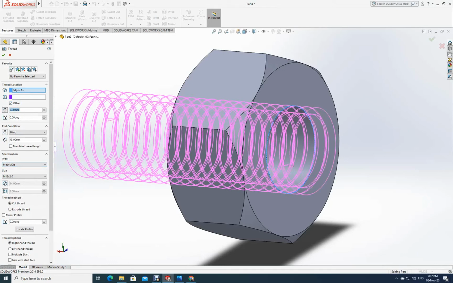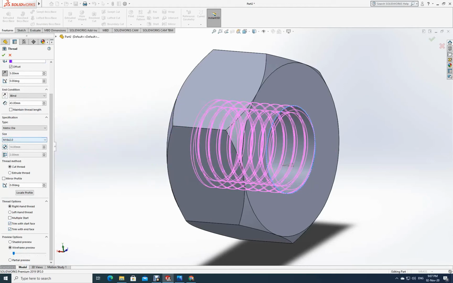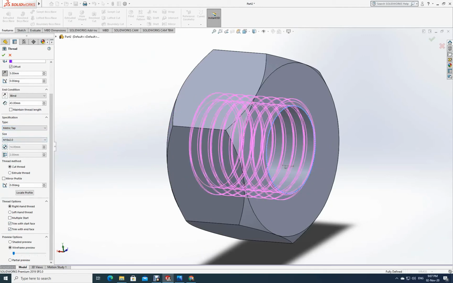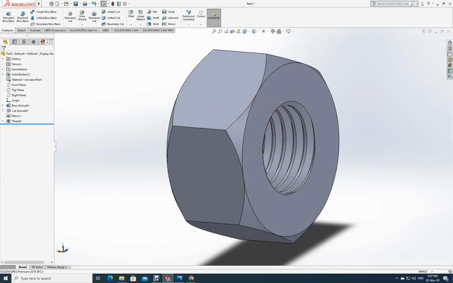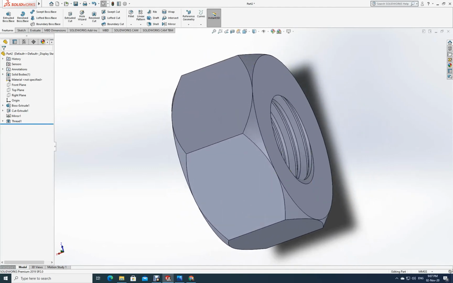On the other side, come like this. Now trim with the start, trim with the end, and here it is not metric die, it should be metric tab. Okay, metric tab. Now you have done it already. I will say okay. Good. Now see, nicely it has done. So you have a nice bolt as well as nut.